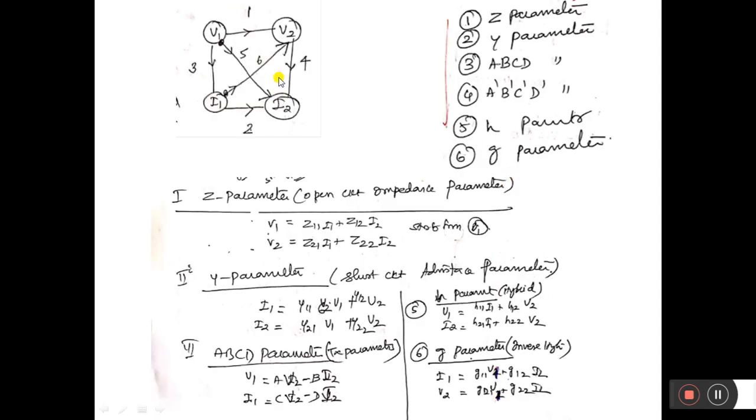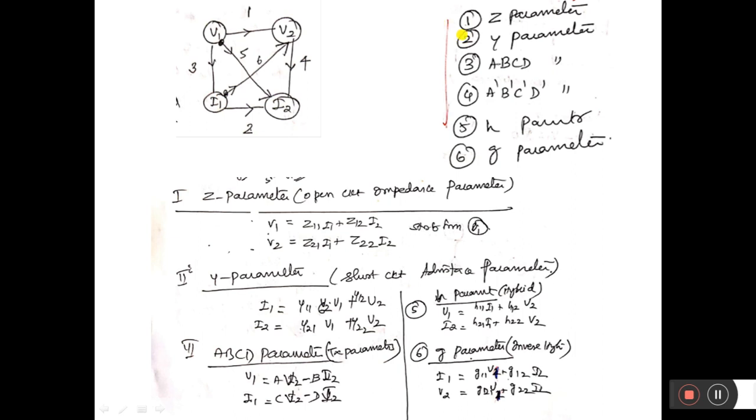Right. First, remember these two things: this diagram and this sequence. Remember this: V1, V2 in the topmost, I1, I2 in the bottom. Also, connect all the lines. Now remember the directions. Top is 1, bottom is 2, left hand side is 3, right hand side is 4, then top to bottom is 5, then bottom to top is 6. That is important to remember. Don't change it. Accordingly, you will get the answer.